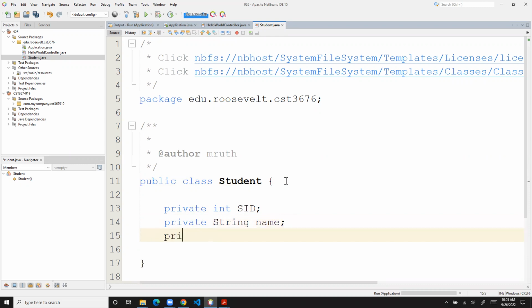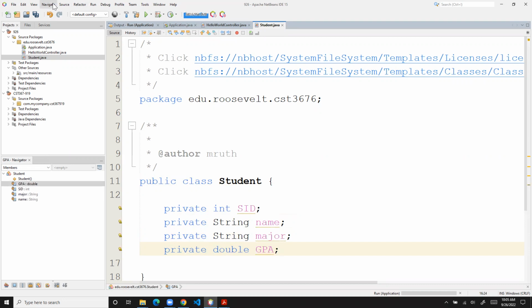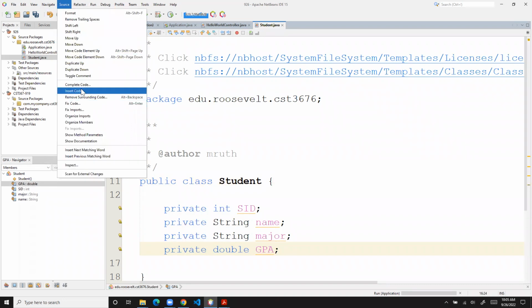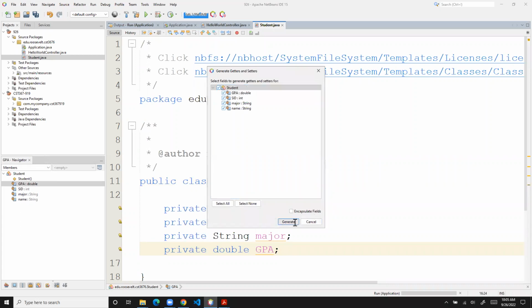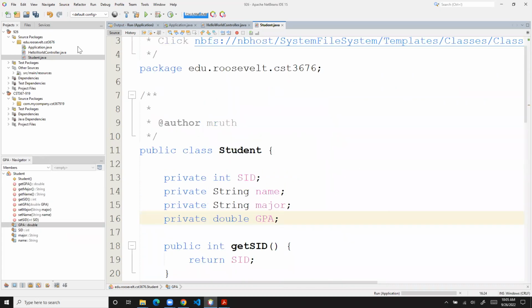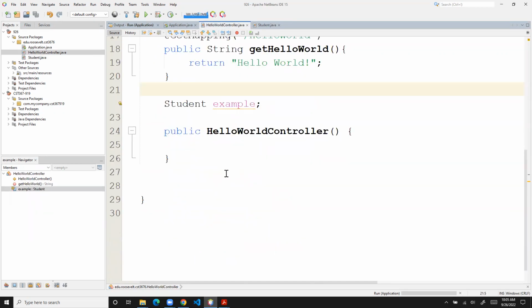Come on, Ruth. Going fast, too fast for you. All right. So now we got that. We want to insert all of our stuff, getters and setters, bink. I don't care about anything else, no constructors. I really don't care. Remember, what we're going to be doing throughout this class, we're going to use this as data access objects. So we rarely will actually need to do anything